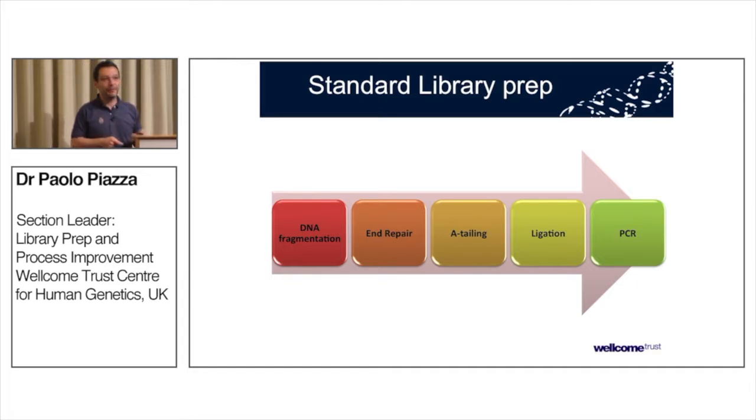So instead of choosing something, we said, okay, if everything works of what we tested, how about testing more laborious and more sophisticated workflows than a single step protocol? So we went back to a more traditional library prep method, which is depicted here as multiple steps. In the old days, at the end of every step, there was a cleanup with either columns or beads. Now kits have been developed that allow you to simply add reagents to your previous mix. And some kits still have a cleanup, usually after ligation before going into PCR. So we said, okay,